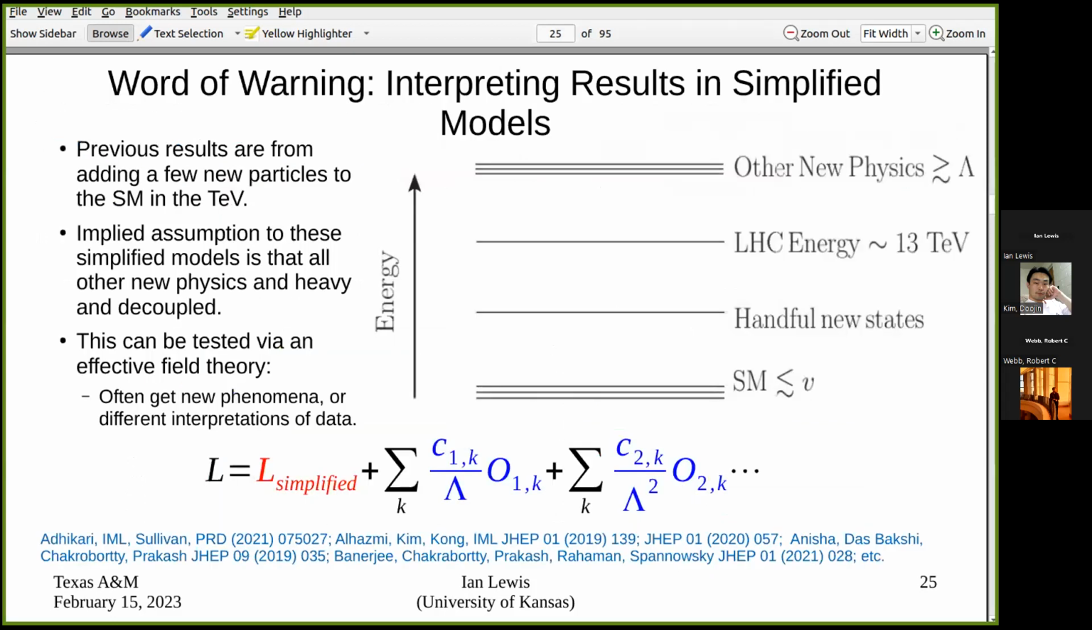The other word of warning is interpreting results in simplified models. When we build simplified models, we look at, generically, what we have in BSM or complete models, and you assume, well, maybe there are a couple I can produce with LHC energy, and you never actually think that's going to be the end-all be-all of everything. So if I go and see a scalar singlet, that's probably not all there's going to be, right? You think, what's the rest of the new physics up there? And you oftentimes assume the new physics is much, much heavier. So basically, you have the standard model, you have a handful of new states below the LHC energy, so you can produce them, and then you have something above the LHC energy. And you can ask,